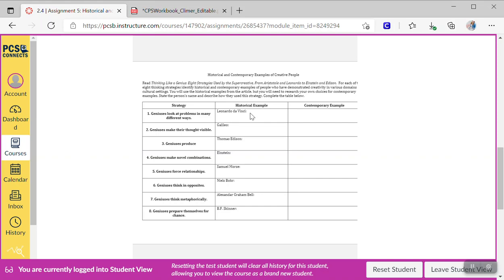Then you're going to look for someone contemporary, someone more modern, who looks at problems in many different ways, okay? You don't need to be tied to someone academic per se with your contemporary examples across the board. Think about contemporary athletes, contemporary artists, people contemporary in the political world, people contemporary academically.